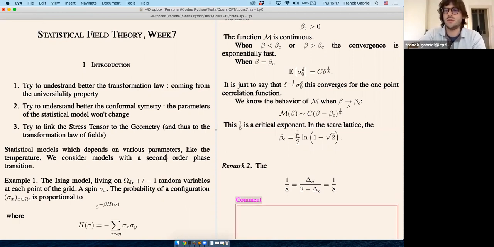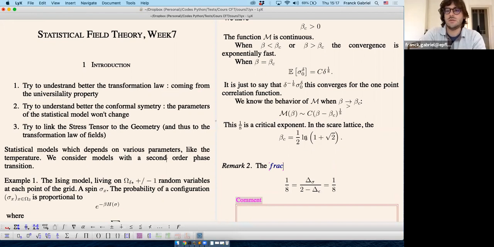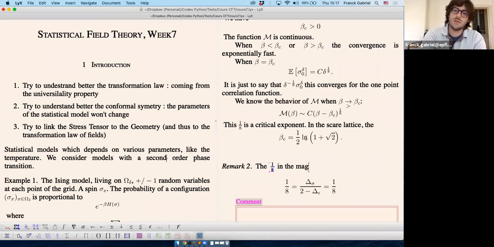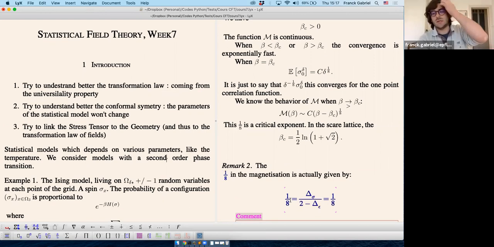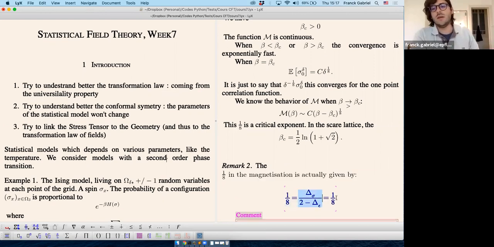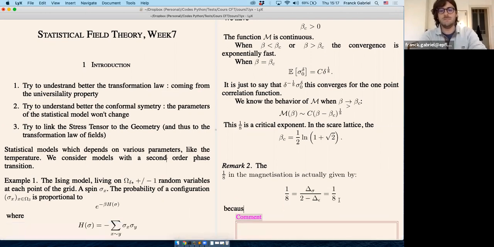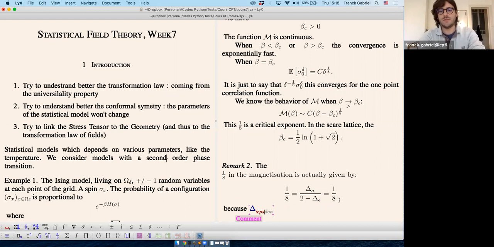So the 1/8 in the magnetization is actually given really by this formula here, and you have that it's equal to 1/8 because delta, because we'll see that this is equal to